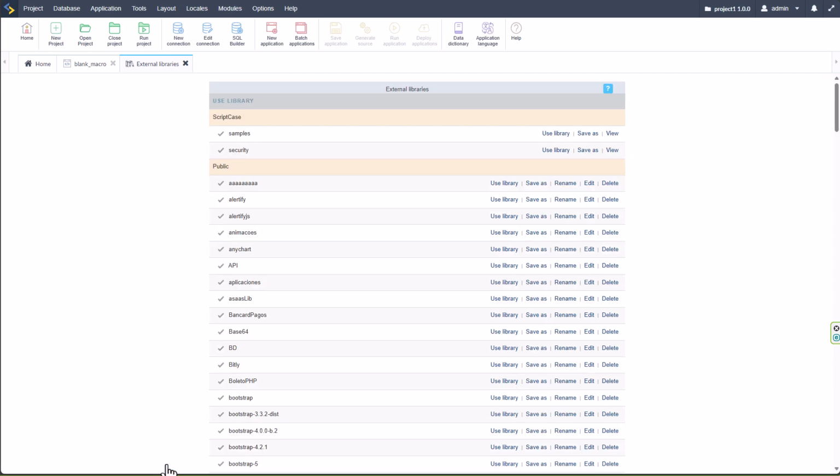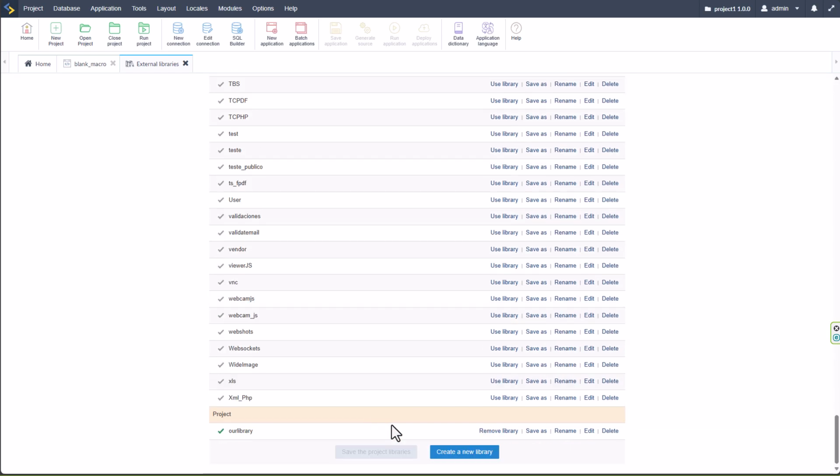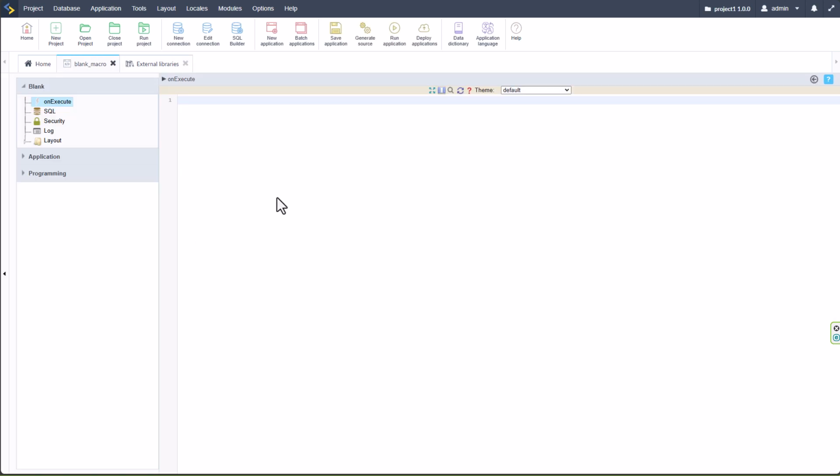So now let me go ahead and close that, and then at the bottom here we don't have the saved project libraries available no more, and that is very important, meaning that the libraries are now available. These files that we have just created are also available within the library and our project because we have defined project. Okay, so when I come back here to my application and I want to apply this macro, I then need to include SC include